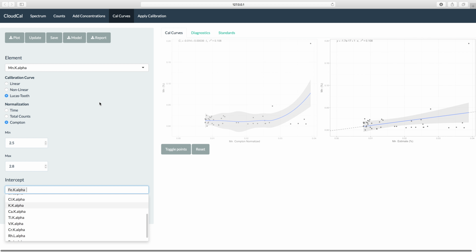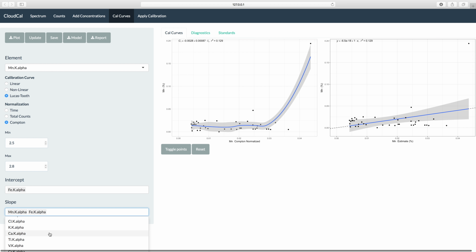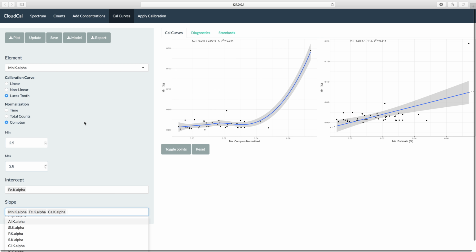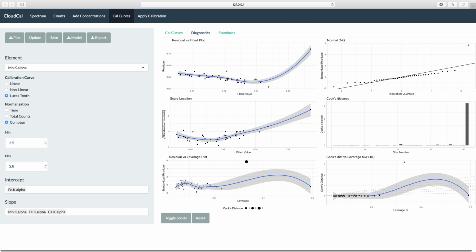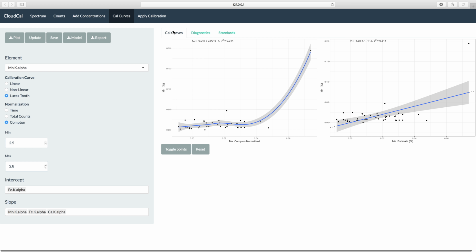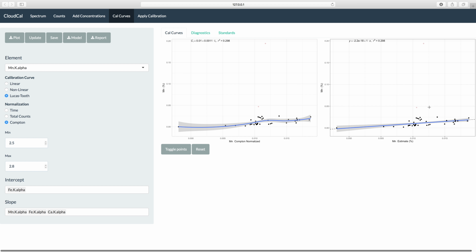Let's first subtract iron. We'll probably want iron as a slope variable as well. Not a bad idea to include calcium. And what you see is this value there stays quite stubborn. Let's give this a second to update. Let's take that out. Let's take that out. And we're not really ending up with any good curves for manganese here. We can try a different